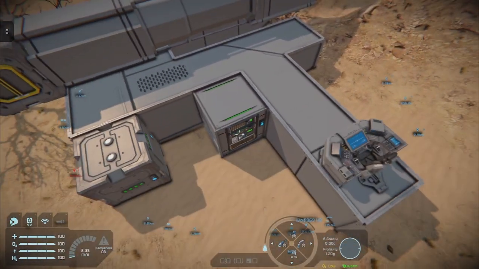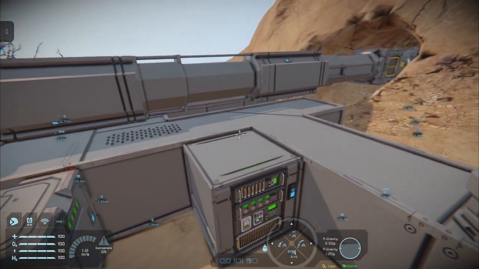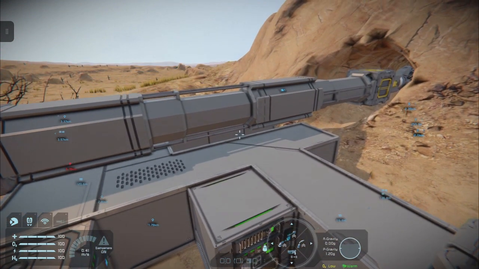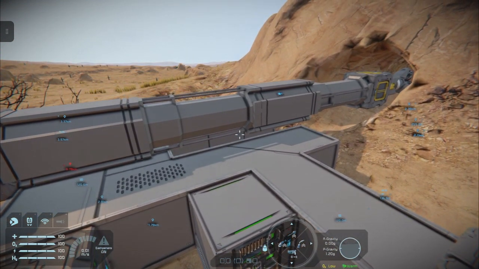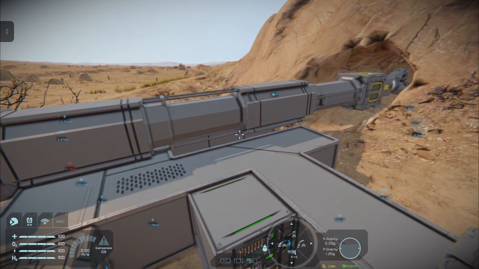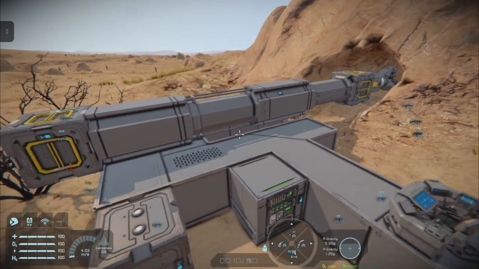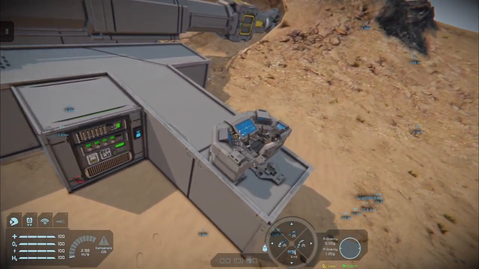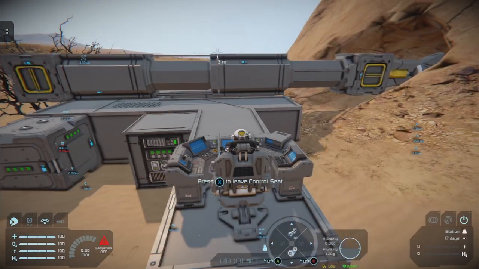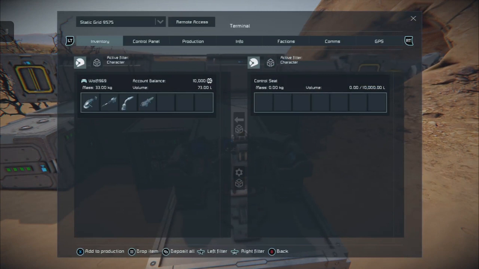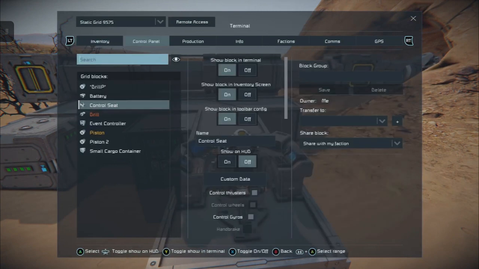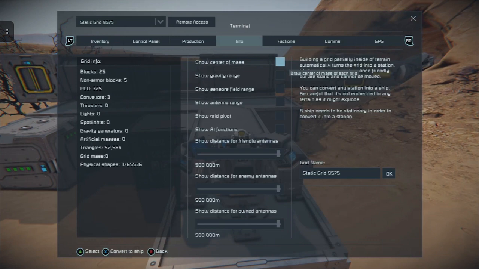The idea is to make a simple one that doesn't take up overly much in the way of PCU, because the more blocks, more timer blocks and so on that you add, the more complex the PCU of the grid becomes. If you want to know how to check that, just go onto your grid, go to info, and it will tell you exactly what you're using.